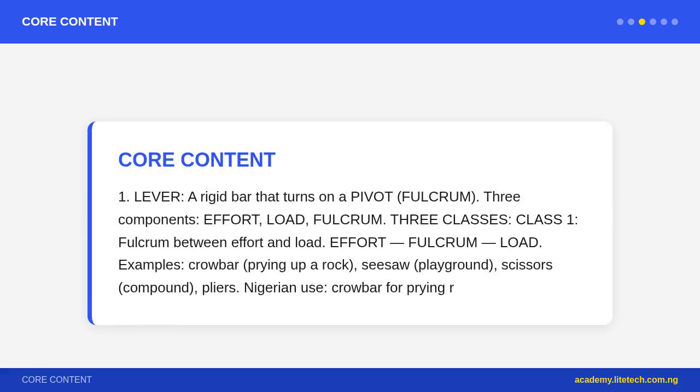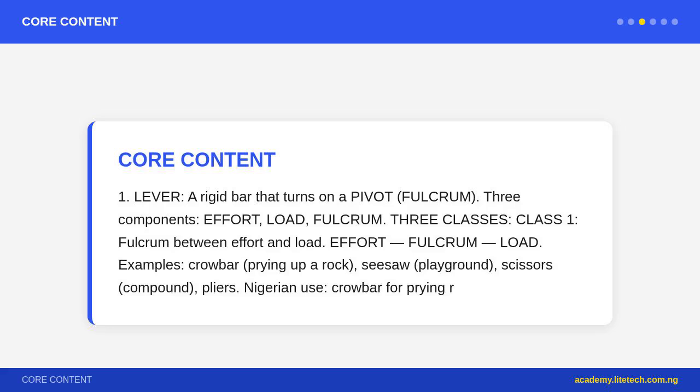2. Wheel and axle. A large wheel attached to a smaller cylinder, an axle, effort applied to wheel, load moved by axle or vice versa. A rotating type of lever. Examples: steering wheel, car doorknob, windlass, rope winding well, pencil sharpener, bicycle gear. Nigerian use: steering wheel of Okada, motorbike handles, less obvious, but most relevant is the hand-operated well windlass for drawing